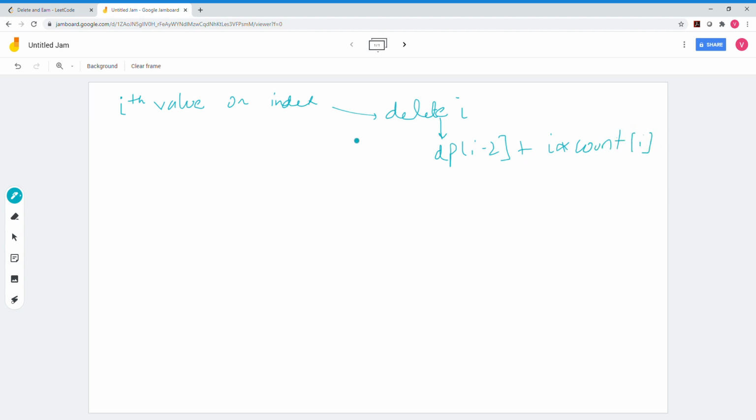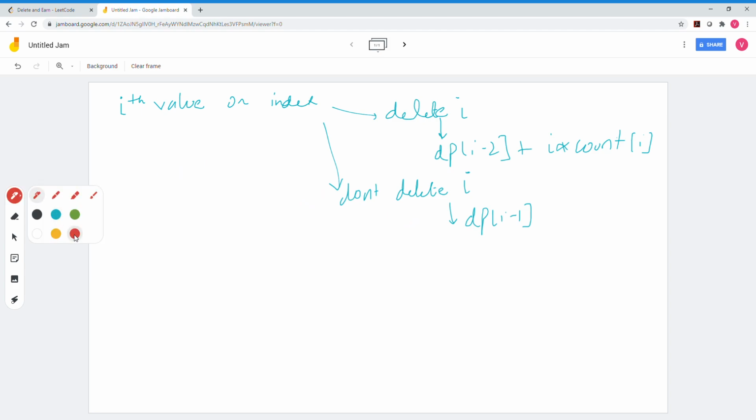The other option is we don't delete i. Now basically, if you say don't delete i, then the maximum score until here is the same as the maximum score until the previous value. We take the maximum of these two. When do we do all this circus?